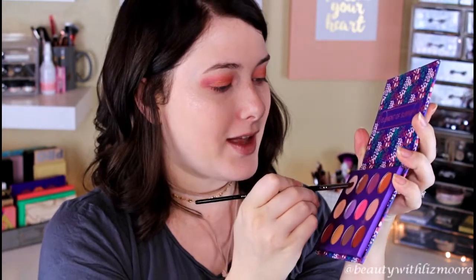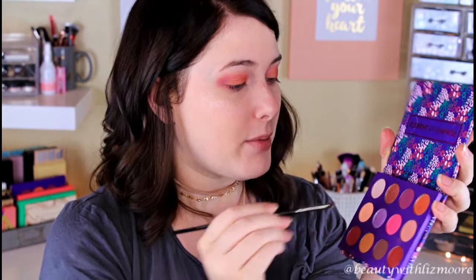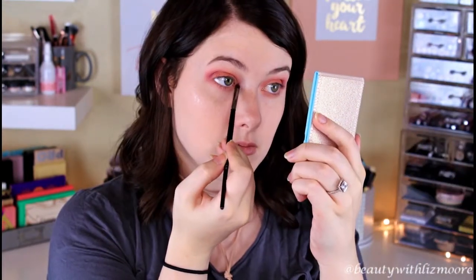Okay, and then for my inner corner, I'm going to take this shade right here. I know it's not like a white color, it actually is purple, but there really isn't a highlight shade besides that in the palette. So I'm just going to take that and put it into my inner corners. And then there's nothing really to use to highlight my brow bone, because I probably wouldn't put that purple shade